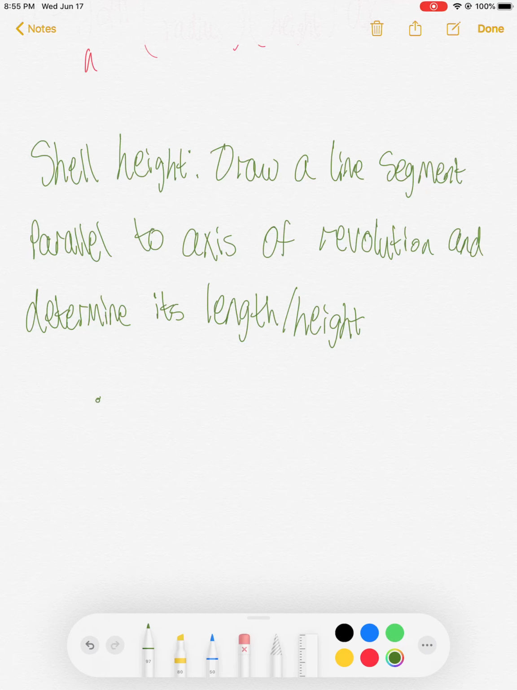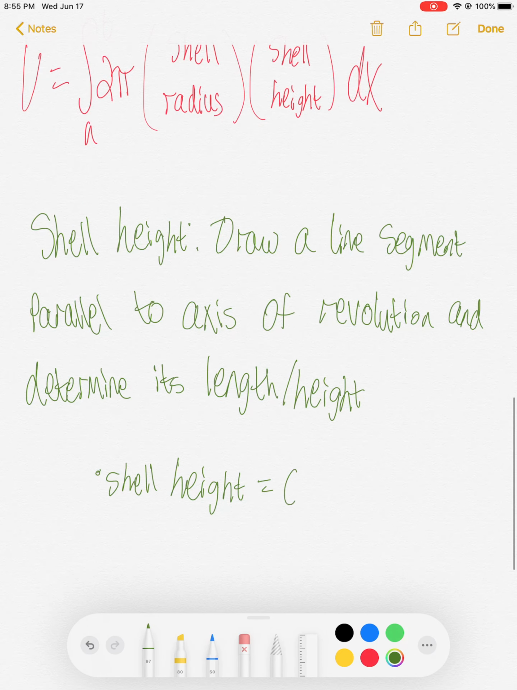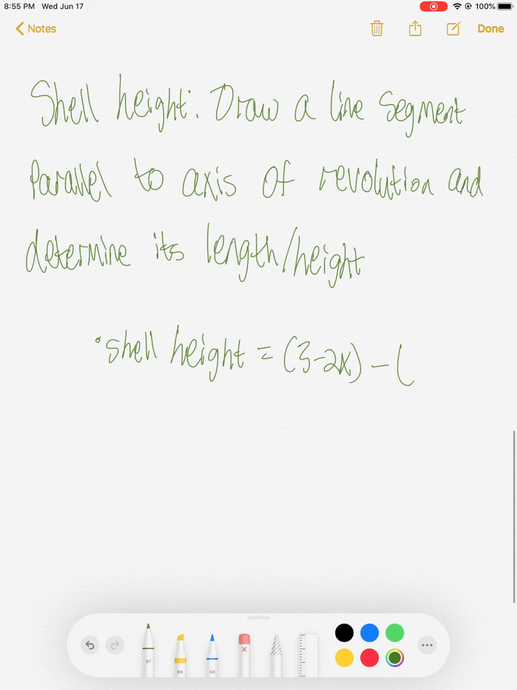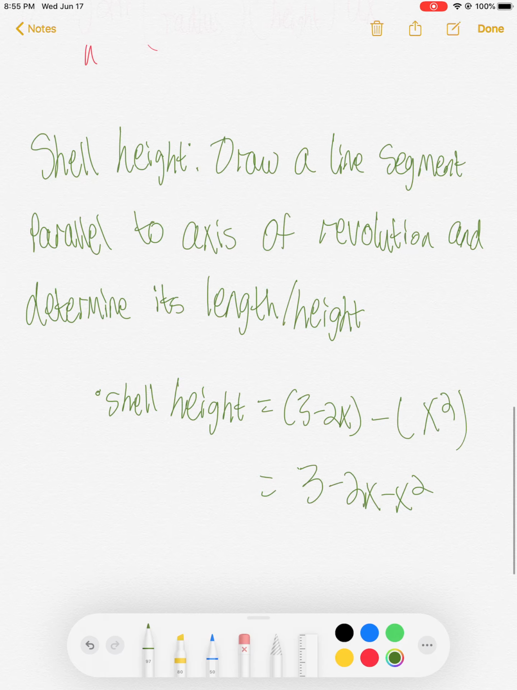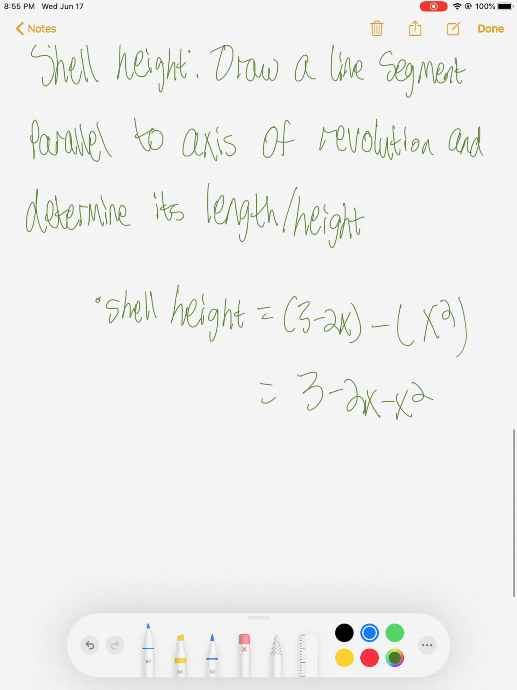I'll write shell height just to be clear. So in this case, shell height is given by that top function, which was 3 minus 2x, and then minus the bottom function, which was x squared. And we can just write this as 3 minus 2x minus x squared. So that's the shell height. To find the shell radius,